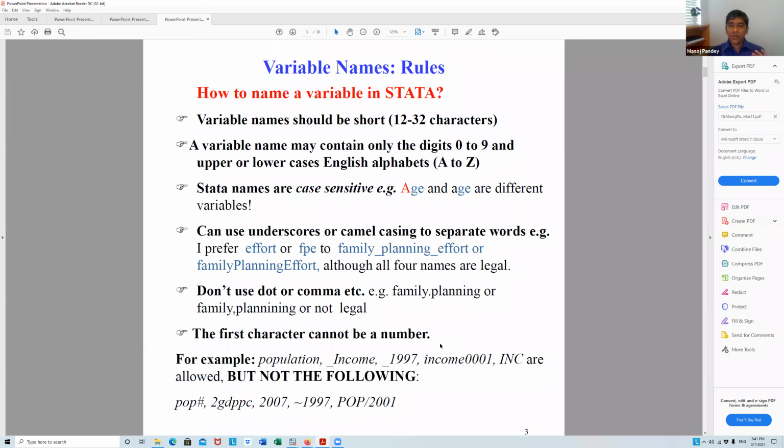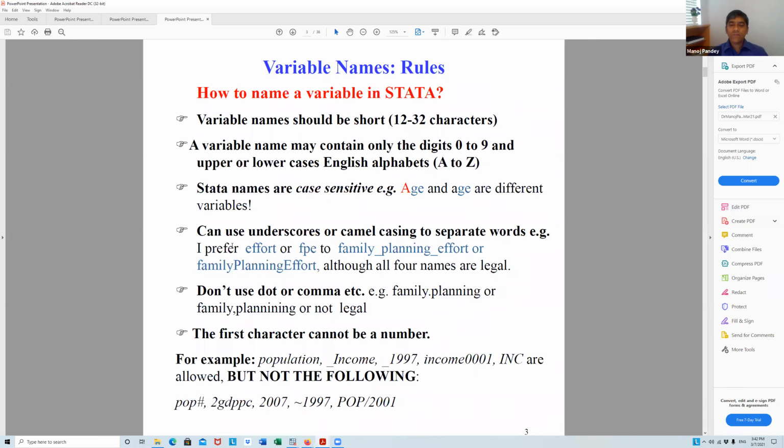As I said yesterday, when you are working on Stata, please turn off your caps lock and work only with lowercase. Stata can use underscore or camel casing to separate words, like family underscore planning underscore effort is fine as a name. Family, capital P, planning, capital E, effort, is also fine.